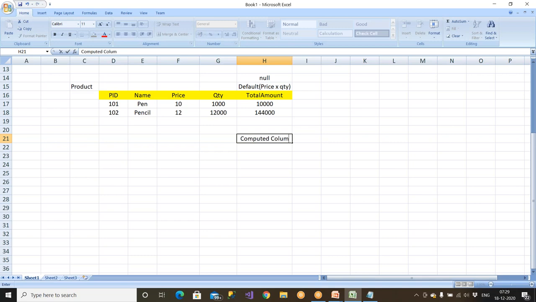It is not a normal column, it is a computed column. You can write these kinds of expressions, and you can have the data. This into this will be the data in this. You need not insert the data. You have to insert the data only in these. It is null. Automatically, using this default expression, you should be able to get these values.